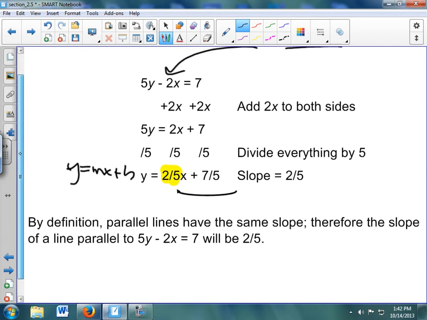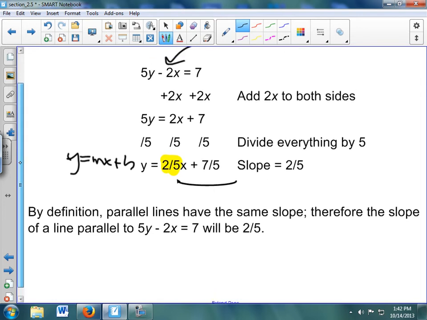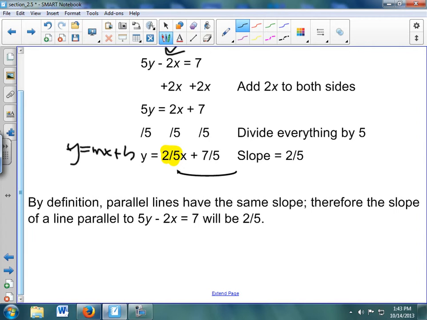So, I know that if I have a new line, by definition parallel lines have the same slope, the slope of the new line has to be the same. Okay? So I know the slope of the new line would be 2/5 x. I don't know anything else. But I know that this line is parallel to this line, so they have to have the